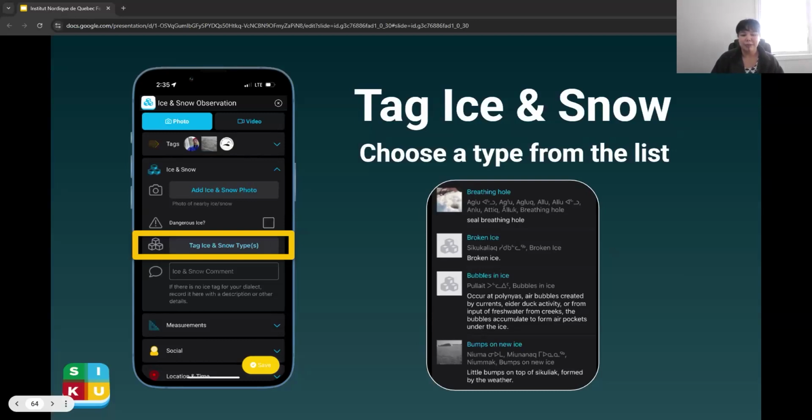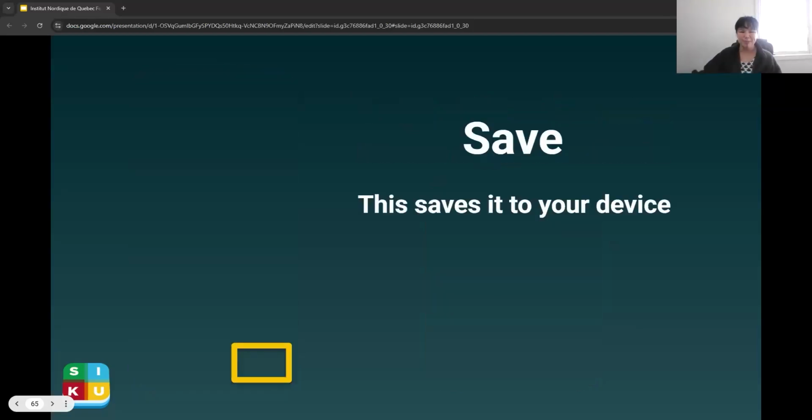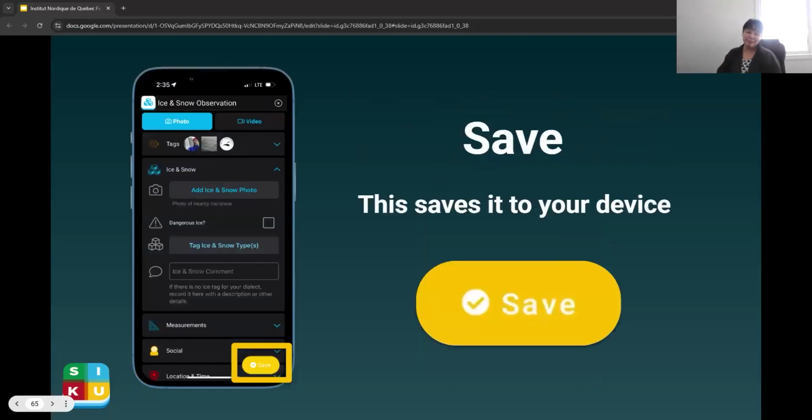You will notice that there aren't too many ice and snow terms in all dialects right now, but as part of today's workshop, we are hoping that you could get them added onto SIKU if you wanted. If your dialect or language is not fully on SIKU, and you know the term for this ice type or this species and it's not on SIKU, we can work with you to get that added. Now that you've input all the information, click on the big yellow save button,